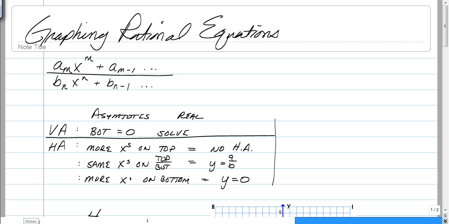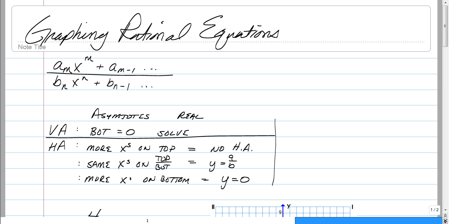So today we're going to graph more rational equations, but now these are going to be in a different form. The form is ax to the m over bx to the n, and that basically just means you're going to have a function over another function, and this time they can be different sizes. You can have a bigger function on top, a bigger one on the bottom, or the same on top and bottom. So what you're going to need to do is first of all know how to find your